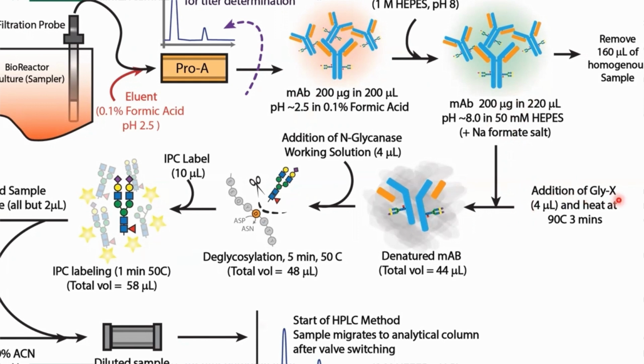We add N-GLYX, which is Agilent's proprietary surfactant, which will then denature the sample in about 3 minutes at 90 degrees. From there, we'll cool it down to about 50 degrees. We'll add our N-glycanase, or in this case, PNGase F working solution, for about 5 minutes of incubation at 50 degrees C. That'll